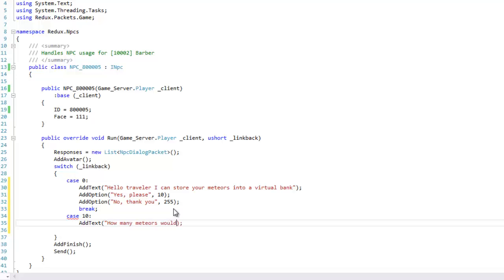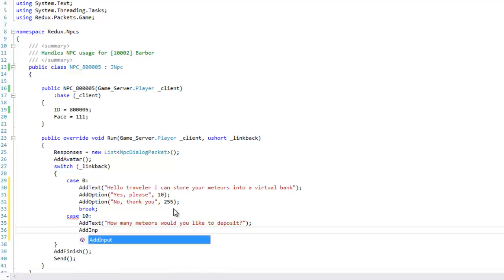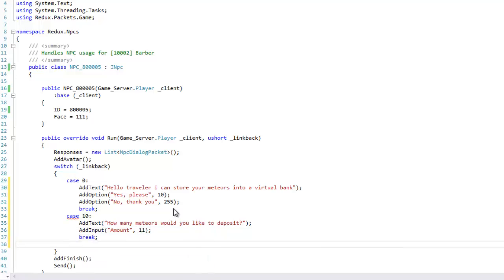How many meteors would you like to deposit? Question mark. And we're gonna put in add input, amount, and which case it should jump to. So we'll just put that 11. Add a break, case 11. So string met amount, string equals